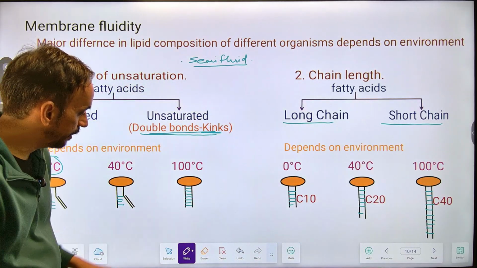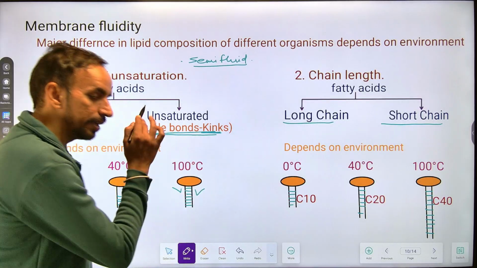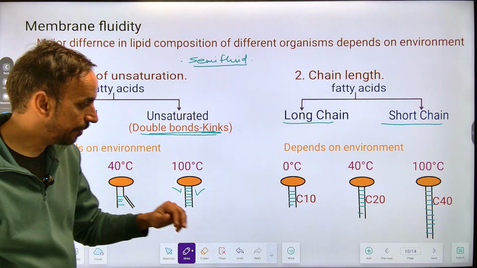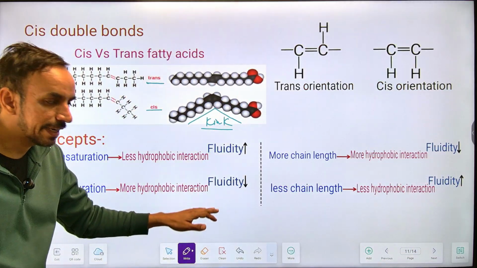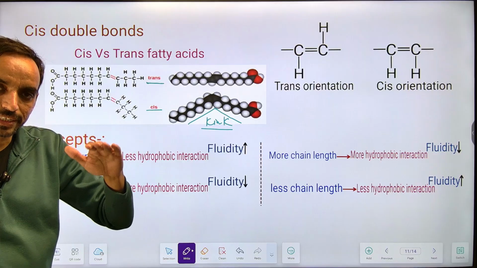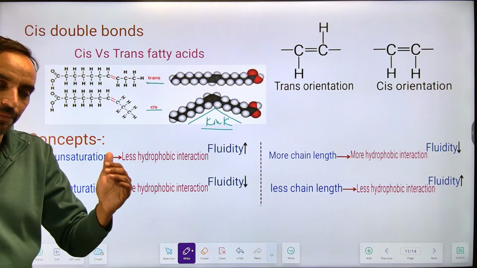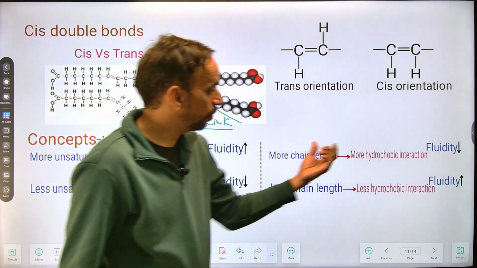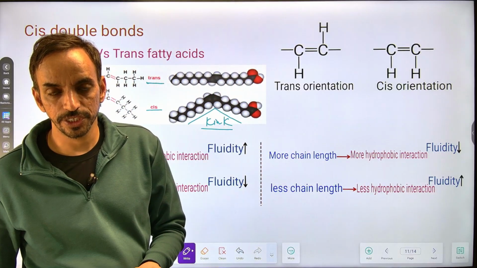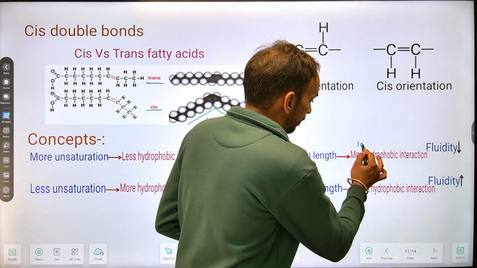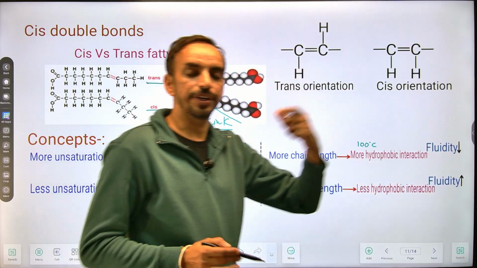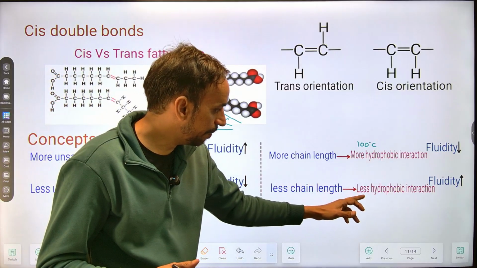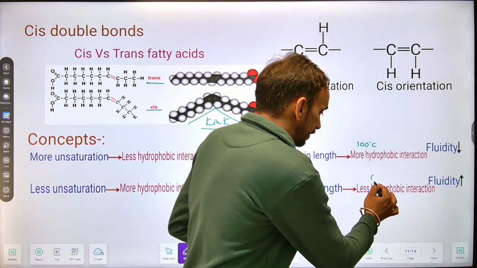पे देख रहे हैं। Here both of these chains are saturated, है ना, दोनों में ही अनसैचुरेशन नहीं है, तो अब जो फ्लूइडिटी है वो क्या हो जाएगी, दैट विल डिक्लाइन। हायर टेम्परेचर यू रिक्वायर लेसर फ्लूइडिटी, दैट विल मेंटेन द सेमी फ्लूइड नेचर। सिमिलरली मोर चेन लेंथ, अगर ज्यादा है तो देयर विल बी मोर हाइड्रोफोबिक इंटरेक्शंस, टेम्परेचर 100 डिग्री सेंटीग्रेड और फ्लूइडिटी कम हो जाएगी। सिमिलरली लेस चेन लेंथ है, लेस हाइड्रोफोबिक इंटरेक्शन है, फ्लूइडिटी बढ़ेगी,